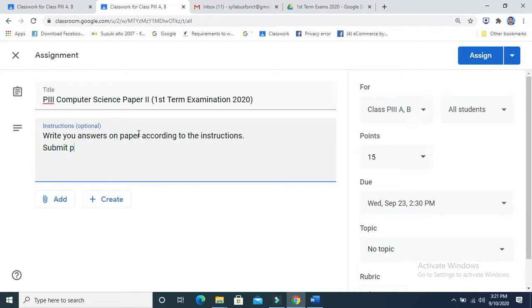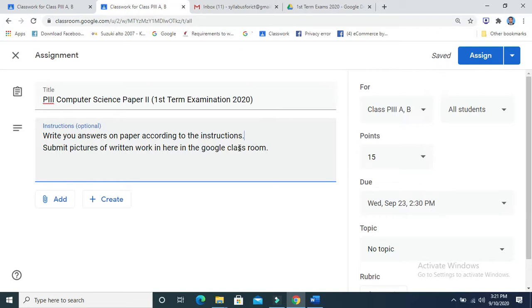Submit pictures of the written work in your Google Classroom. We will also mention that you write your name, class and date on each page that you are sending